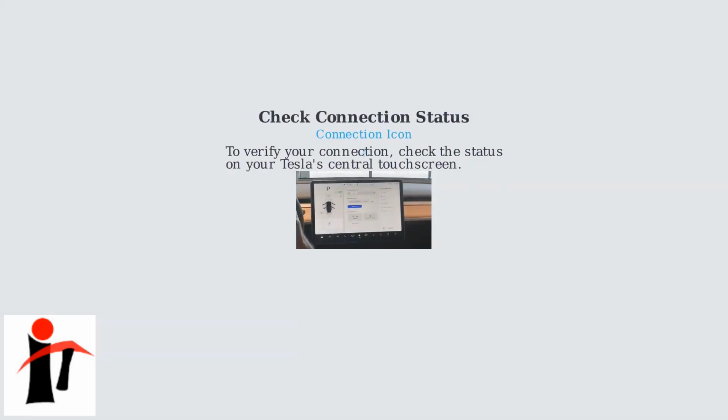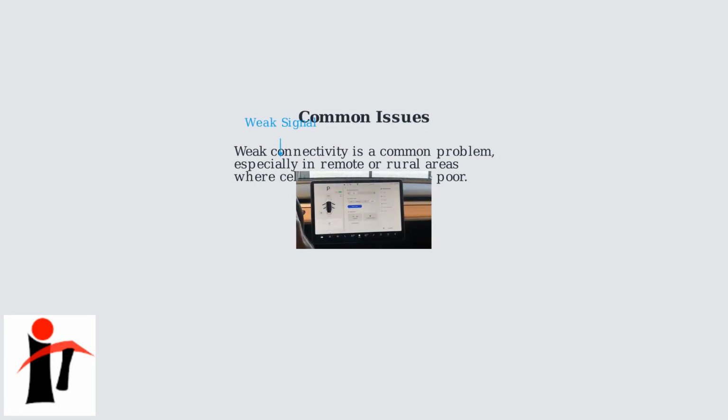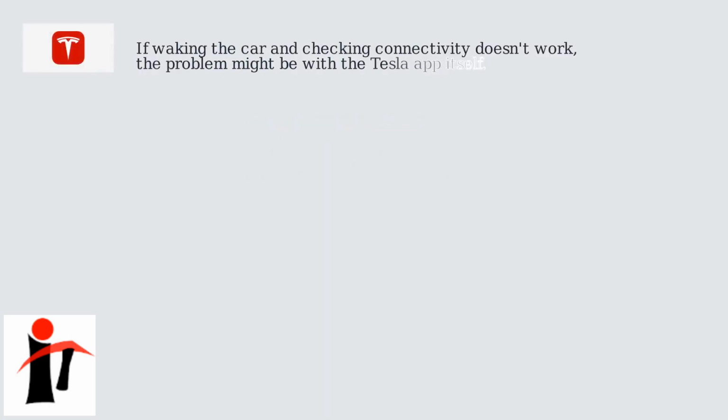You can check your Tesla's internet connection status directly on the central touchscreen. Look for the connection indicator to see if Wi-Fi or cellular is active. Weak connectivity is a common cause of sync issues, particularly in remote areas where cellular coverage may be limited or Wi-Fi networks are unavailable. If waking the car and checking connectivity doesn't work, the problem might be with the Tesla